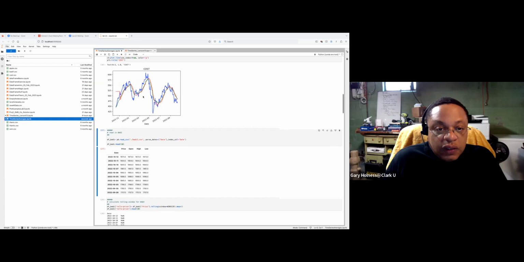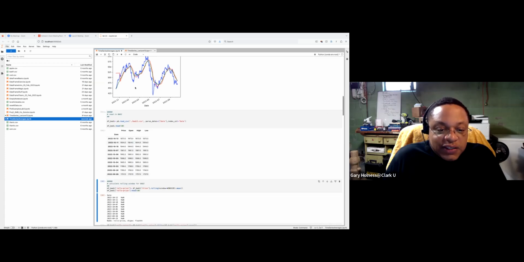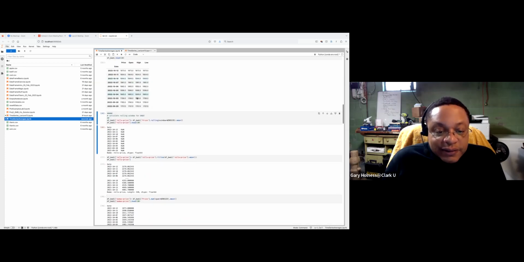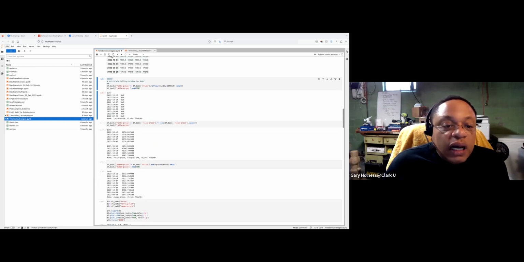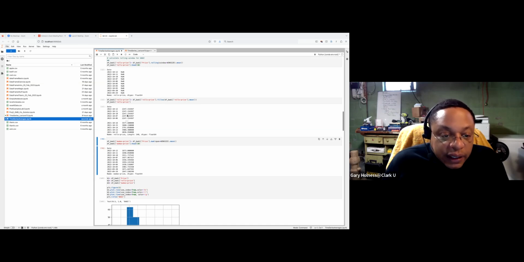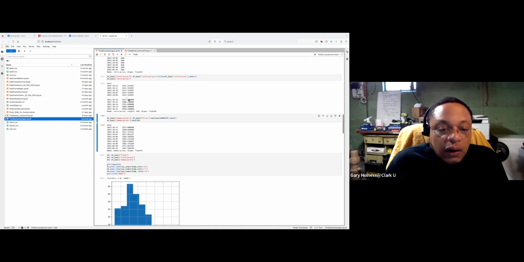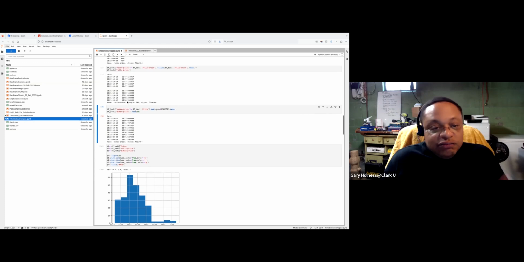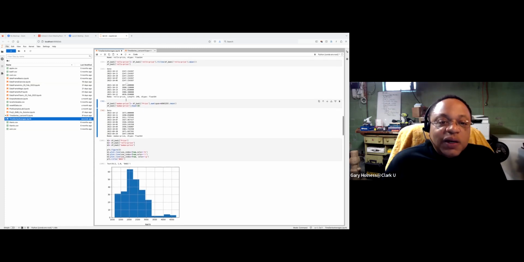Okay, so we're going to read in the Baltic Dry Goods Index, and compute the rolling window average with a window size of 20, which is what I changed it to. We're going to fill not a number with the sample mean. And we see here the first 19 entries are the sample mean. I'm just showing the summary here.